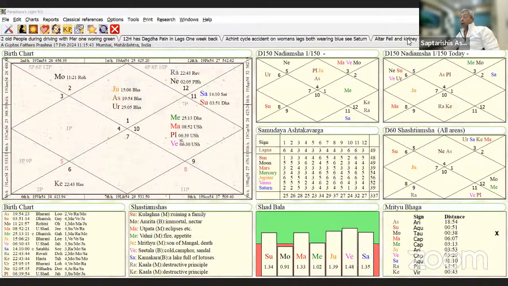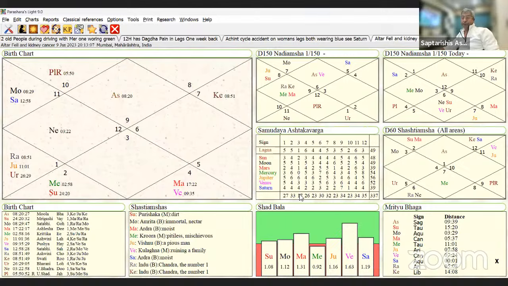Anyway, more example charts. Take this. The Dagdha Rashi thing has gone. One second. I know I changed the settings for this. Here the Dagdha Rashis are Lagna and the 8th house. I changed the settings and messed something up. Okay.